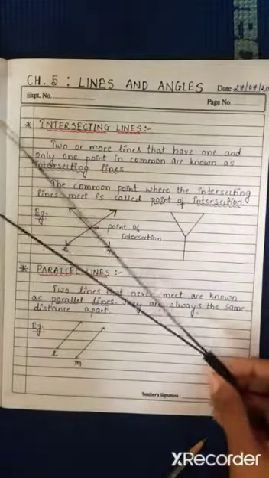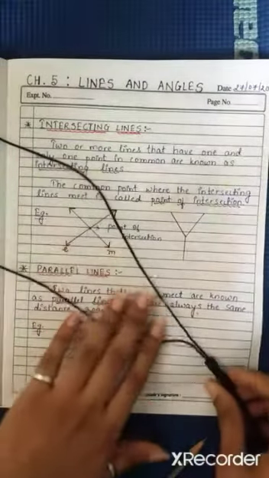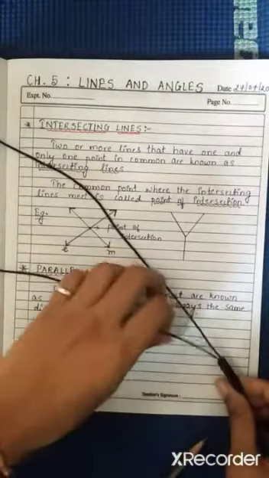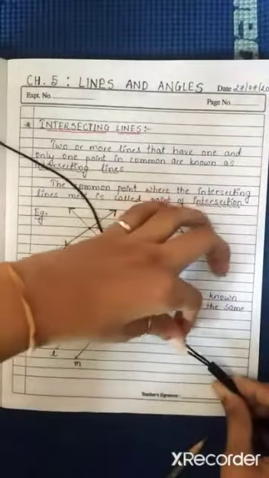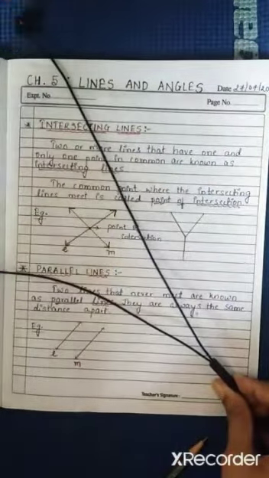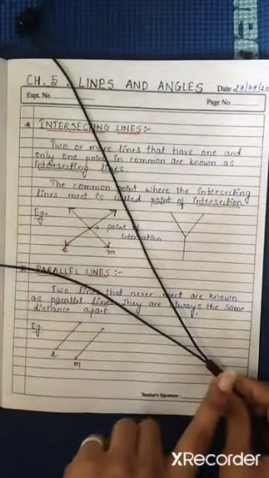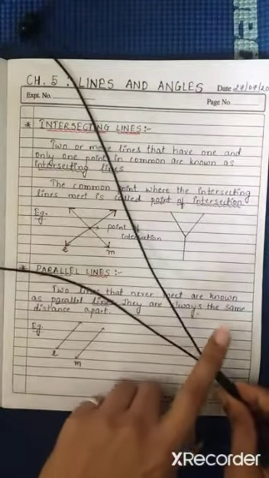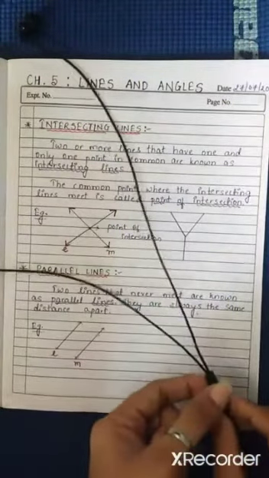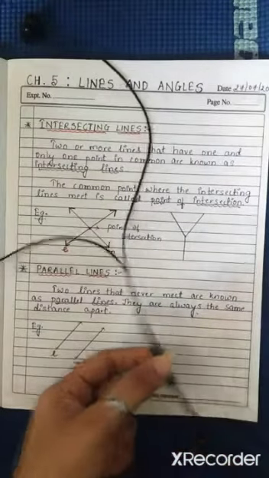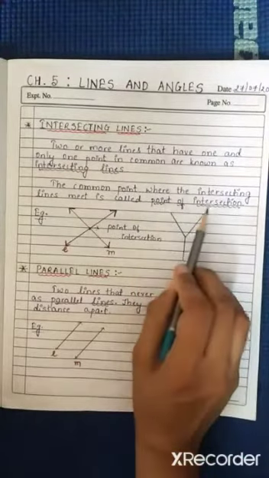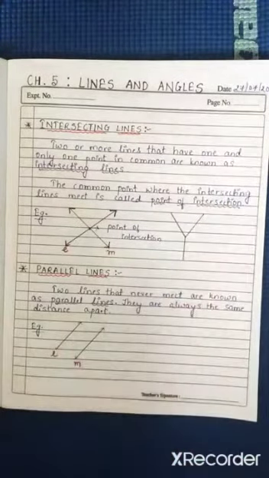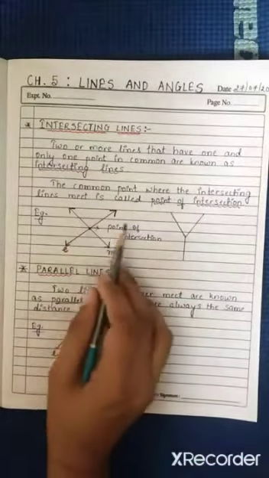See, here I have earphones in my hand. We can see that from this point we have this line coming out, and again from the same point we have this line also coming out. So we can say that this is a common point for both of these lines, and this common point is known as nothing but the point of intersection. Such lines are known as intersecting lines.